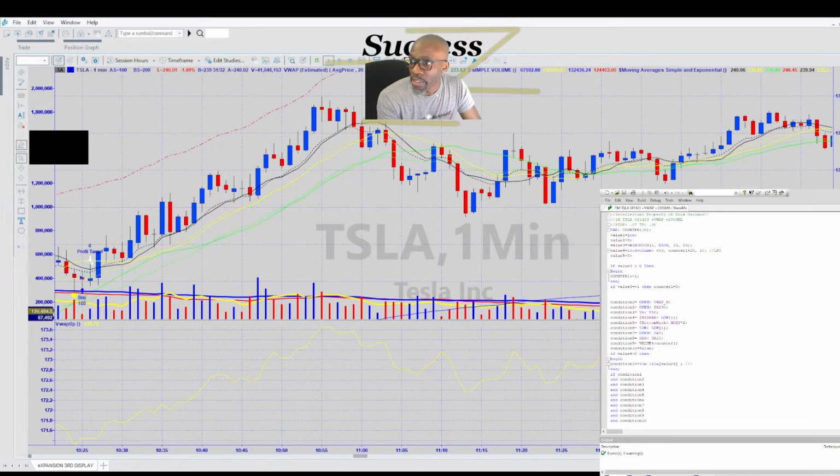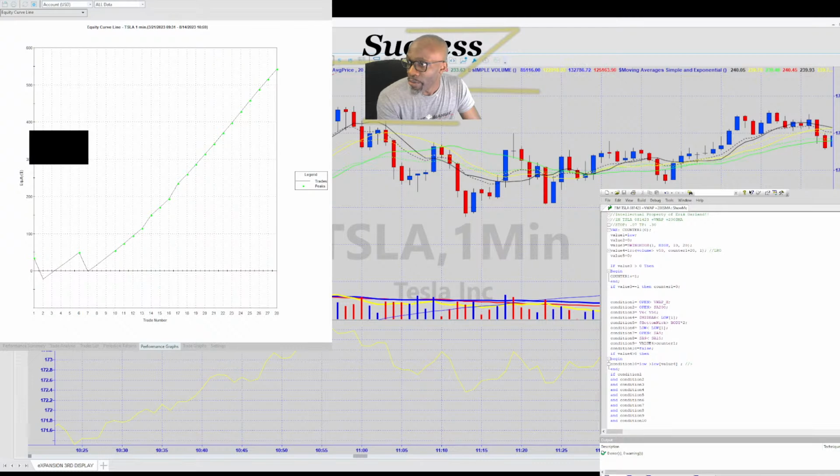Settings, strategy. All right, there we go. Okay, so this is the strategy performance report. This is the visual representation of the equity curve. You can see that moving straight up there. Very nice. However, I thought that,